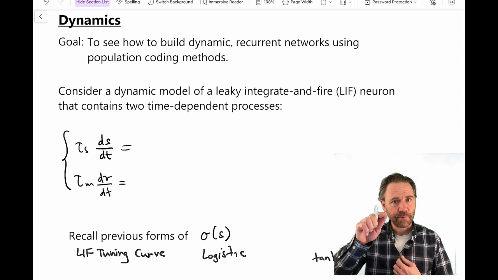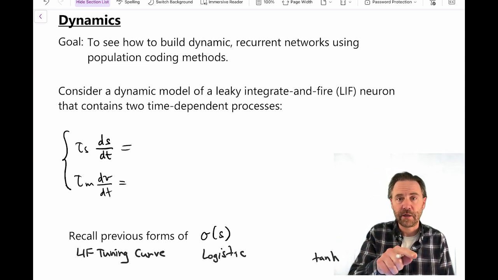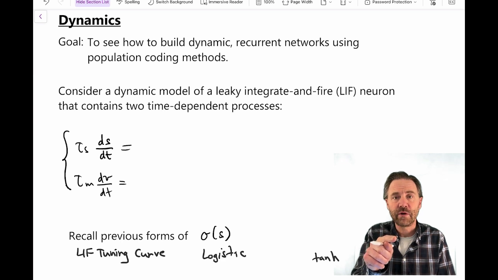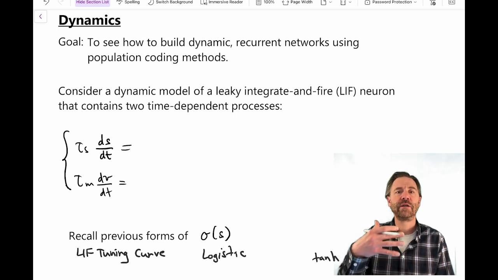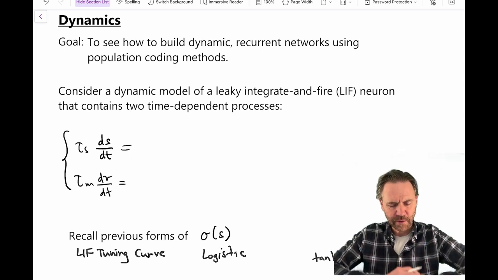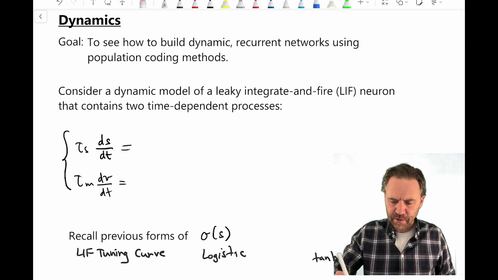So now we're going to take a population and make it recurrent, feed it back into itself, and we can decode from a population different functions of what's encoded in it to re-encode recurrently, and that can implement different dynamical systems. So the goal here is to see how to build dynamic recurrent networks using population coding methods. So consider